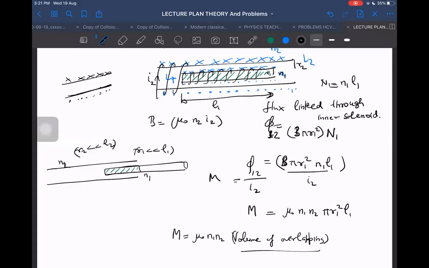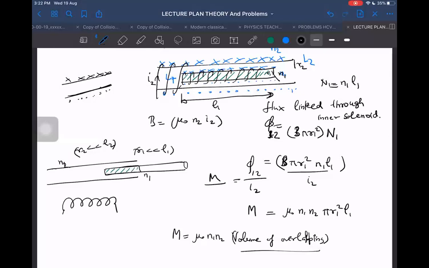It may not carry current right now, but you know that mutual inductance does not depend on whether it carries current or not. Mutual inductance depends on shape and size. Why do I need to worry about the direction of current? I'm not solving any circuit here. I'm just trying to find the mutual inductance, which is independent of the current. I may say that this solenoid is not even connected to any battery or any loop. If it is not forming a closed loop, will current flow through it? If it is just an open circuit, current will not flow. Understood or not? Yes, sir.